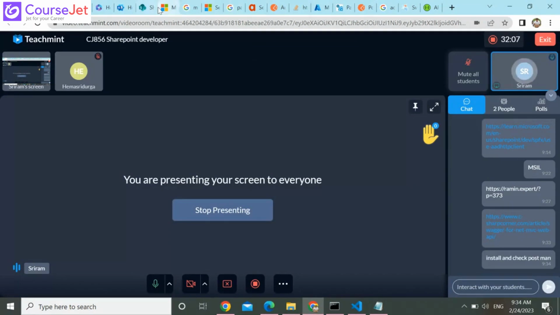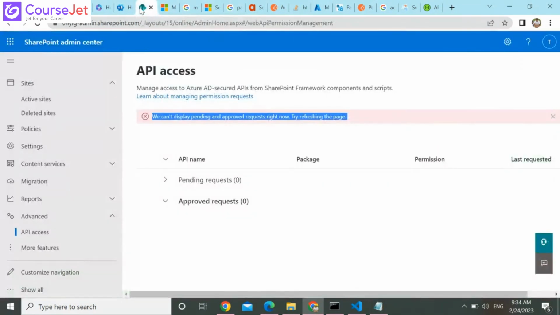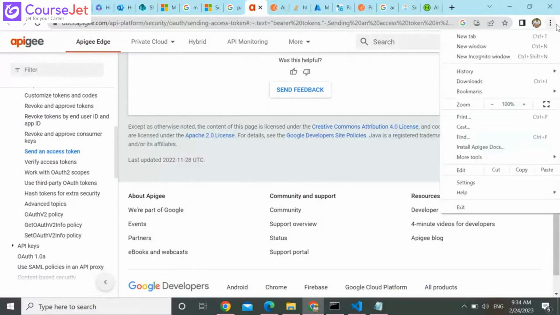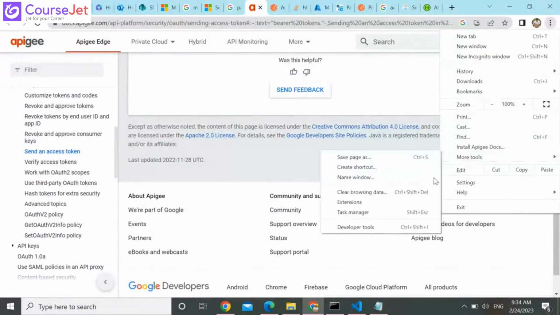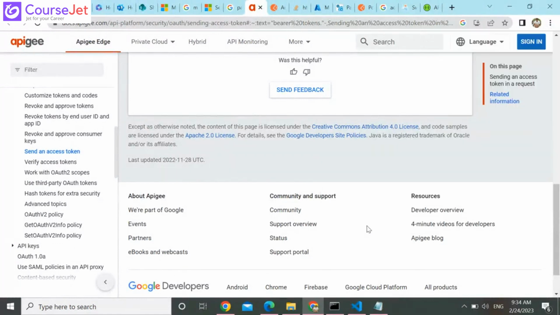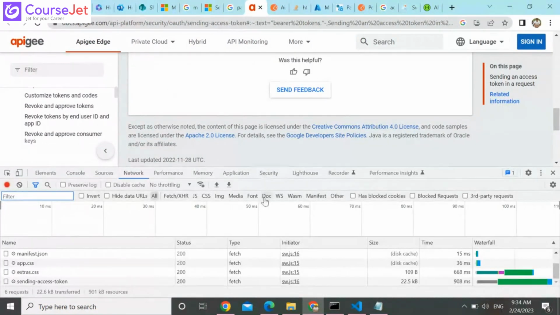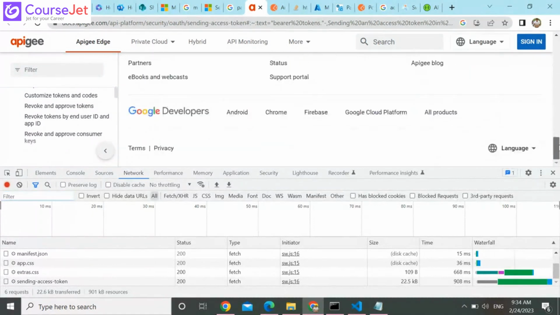Okay. So if you go to any of the applications, you open this, go to developer tools, network tab. If you go to this network tab, whatever API call is present in this page will come automatically here. Even if you call your own API in your own custom solution, that API also will come here. Okay, by clicking on it,